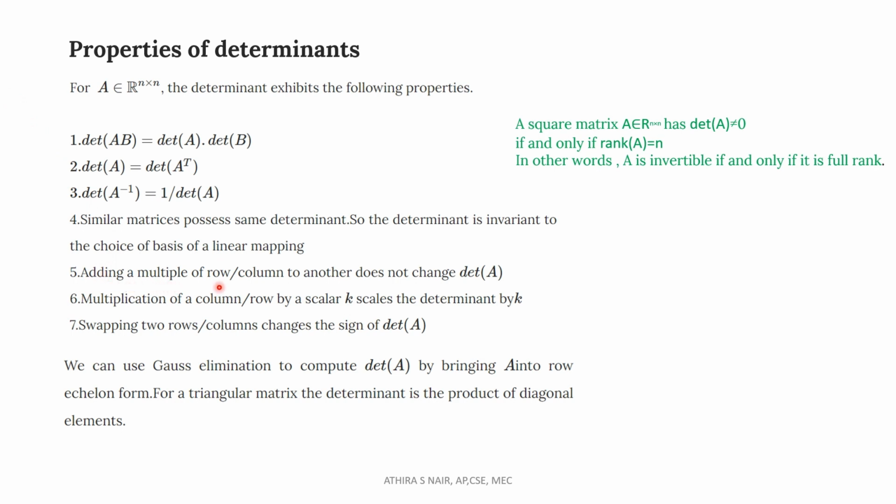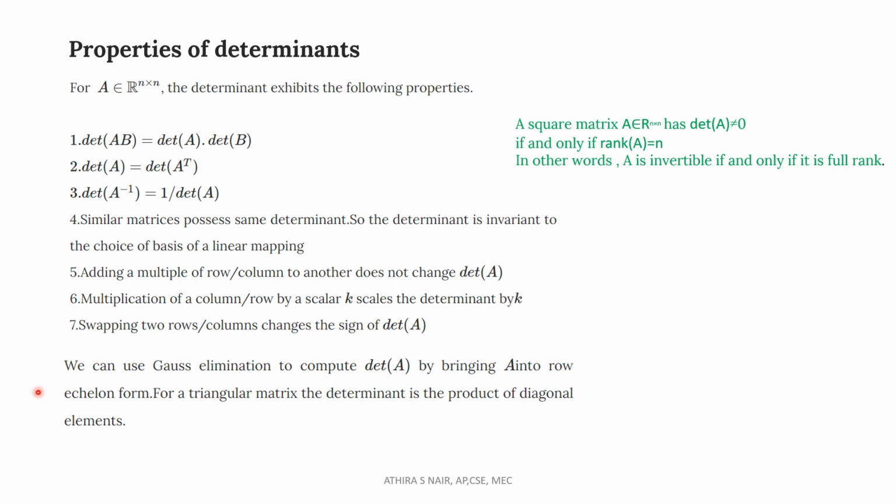Adding a multiple of a row or column to another does not change the determinant of A. Then multiplication of a column or row by a scalar k scales the determinant by k. Then swapping two rows or columns changes the sign of the determinant of A. Because of the last three properties, we can use Gaussian elimination to compute the determinant of A by bringing A into